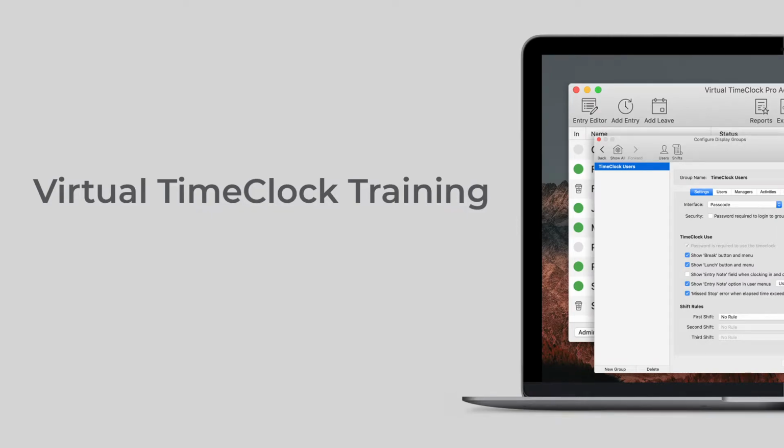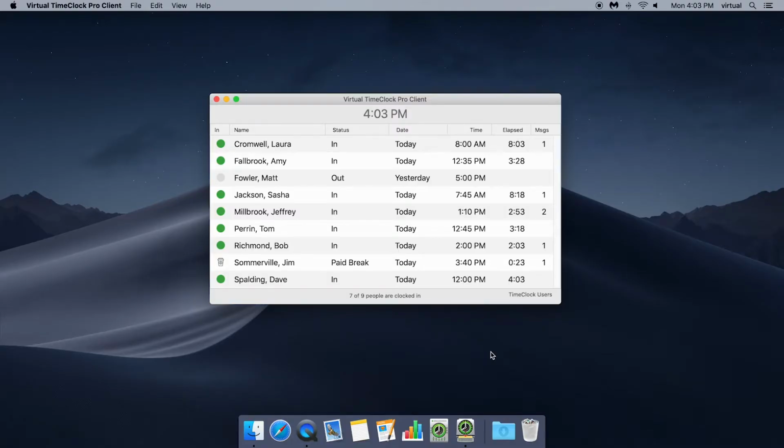In this video, we will be covering the interface options available for the time clock. Interfaces determine how the time clock will be displayed for your employees. So before we turn on administration mode, let's take a quick look at the default time clock interface called the